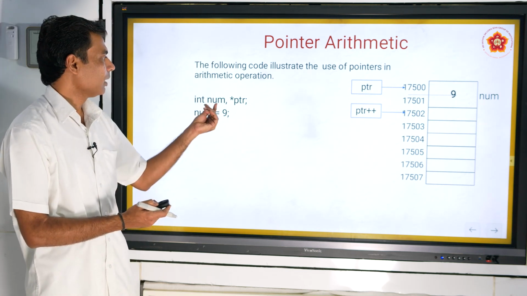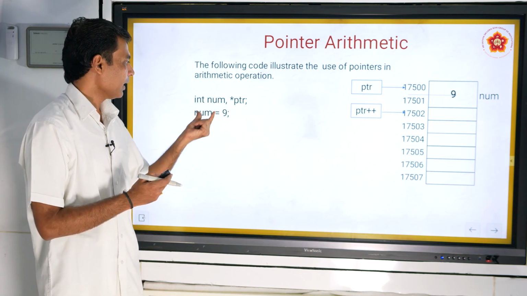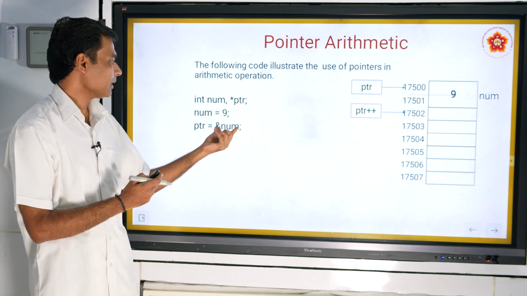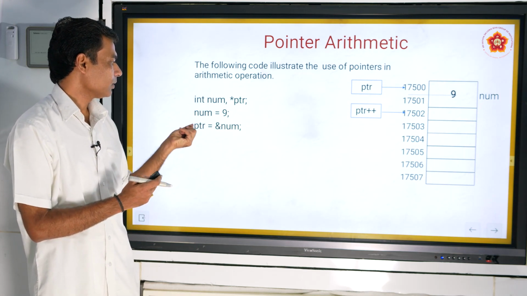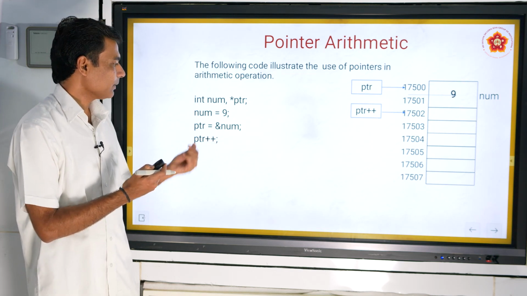Here the type of variable and pointer is integer, so we can declare in one line. And I am initializing the num with the value 9. I am assigning the address of num to the pointer ptr, and here ptr plus plus I have written.